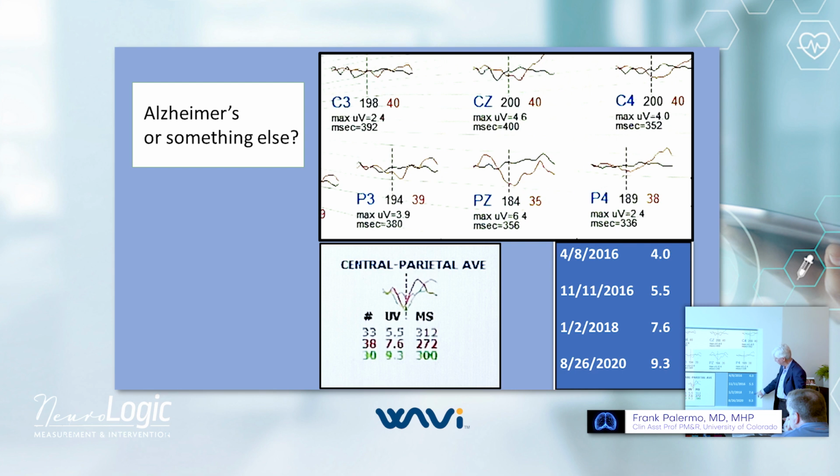Then when Dr. Boone got on, it went from 7.6 to 9.3, and then Dr. Boone got an even higher score. So I'm just saying that with this test, it's a physiologic test that will change with improved internal physiologic